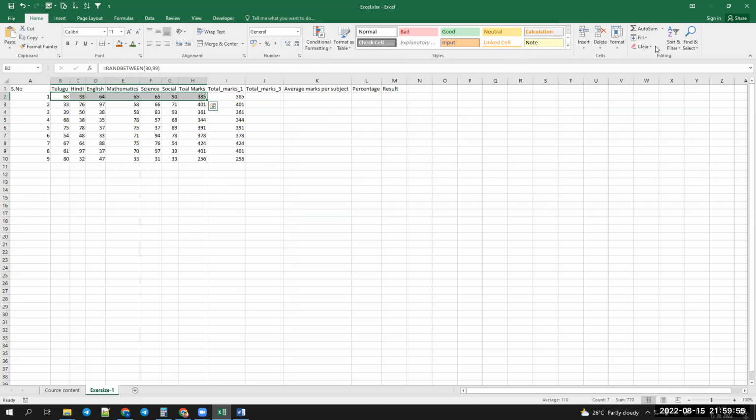AutoSum will give you the result in the immediate cell. But the first cell is the total marks, for which you gave the formula like doing a calculator. So that is the reason I'm saying, if you want to implement the AutoSum, you need to select this entire thing and